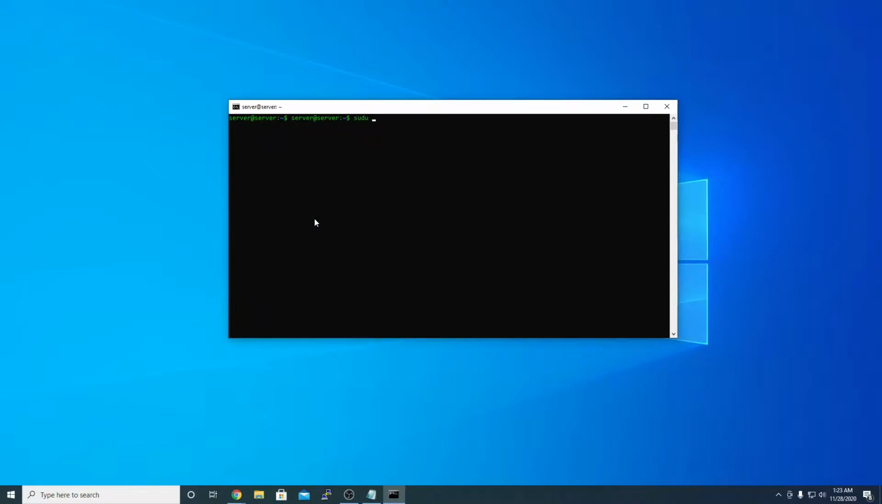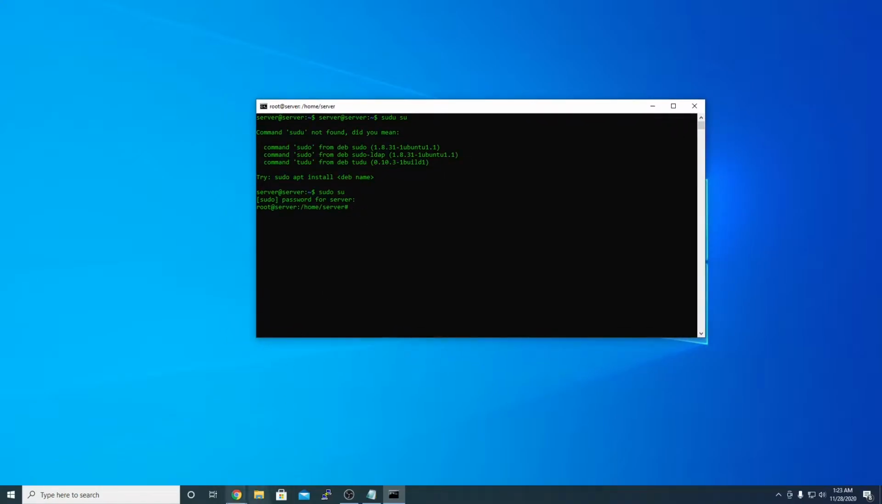We're just going to sudo su, so that way we're super user. Can't spell. Sudo su, super user, and then the password again. Okay, so now that we're super user, we actually want to go to,